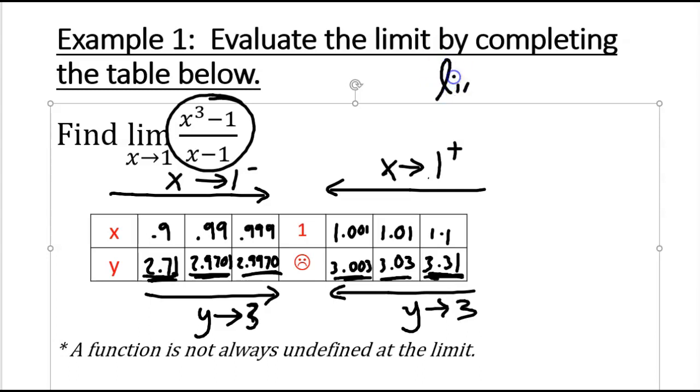The limit as x is approaching 1. Now I'm not going to put a plus or a minus here, because when you're talking about a limit, that really means from both the left and the right. And so we don't put a plus or a minus there if we're talking about left and right at the same time. So the limit as x approaches 1 of this function here